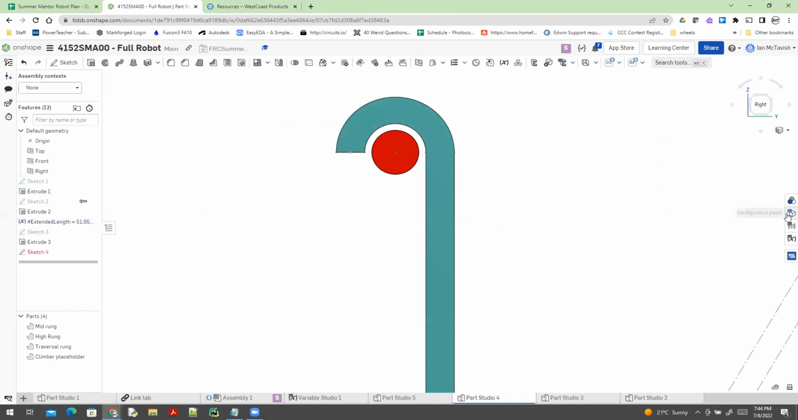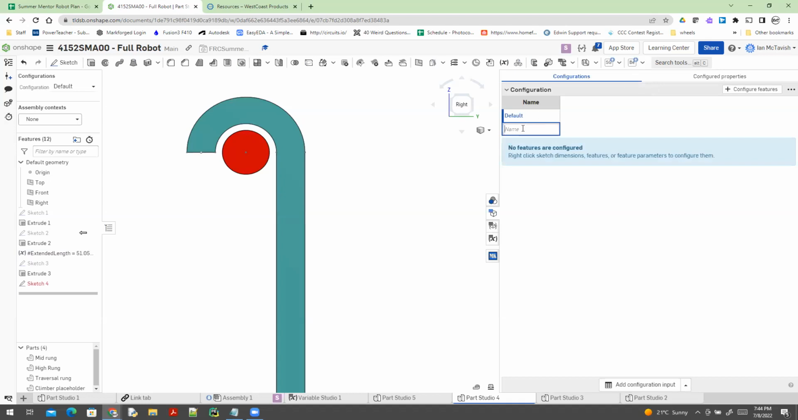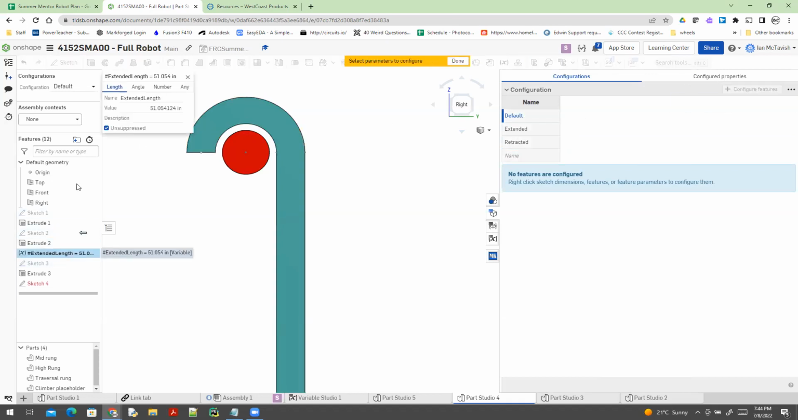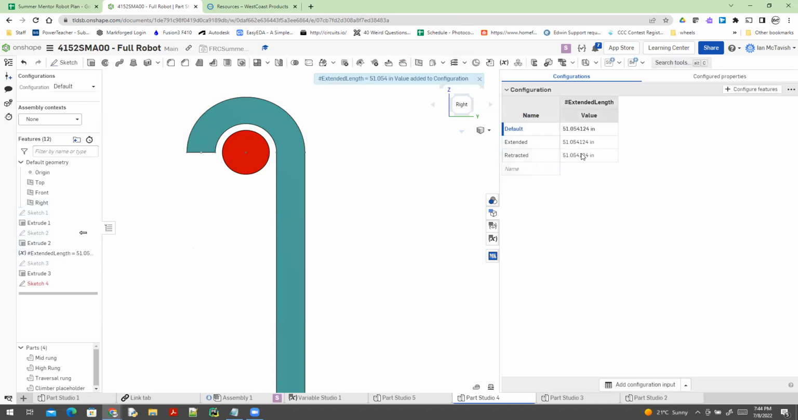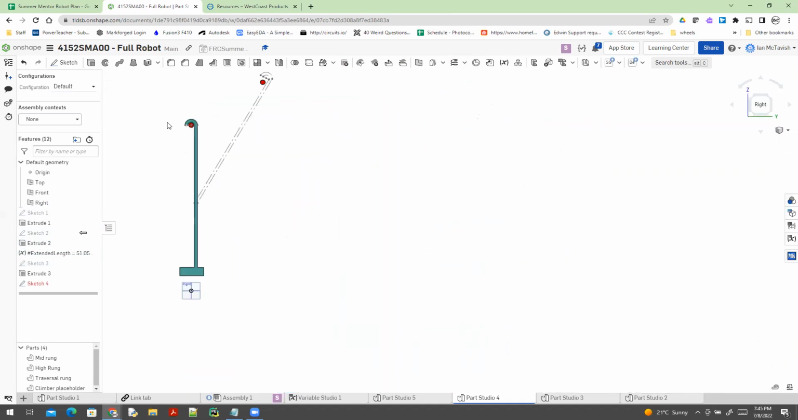Now I'm going to have a configuration here. And again, I'm going to have an extended configuration and a retracted. And my extended, I'm going to take those features and I'm going to select the value. So retracted, I'm going to set it to be 24 inches. So now this configuration, if I look at this, retracted,